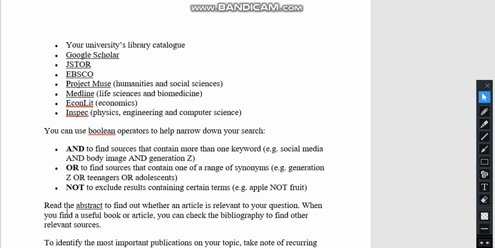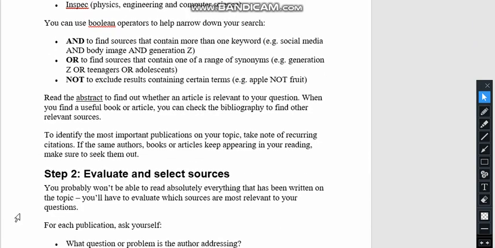And NOT is used to exclude results containing certain terms, like apple NOT fruit. So this type of Boolean operator also helps in narrowing down our research work.